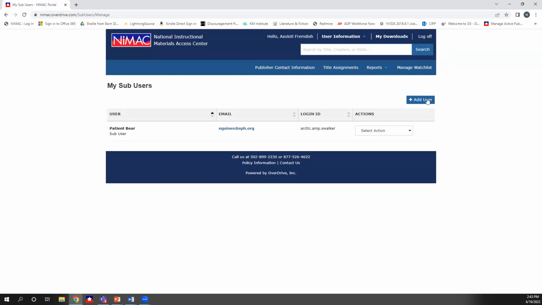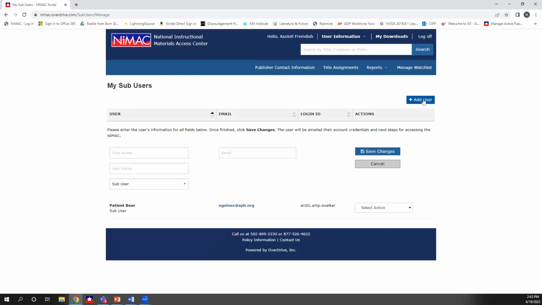The thing that's also really nice about this is that these accounts do not expire, and you can set up as many of them as you need. And it's very intuitive and easy. You just put the person's name, their email address, and when you click Save Changes, it's going to email that person a login ID and a password, and you're done.